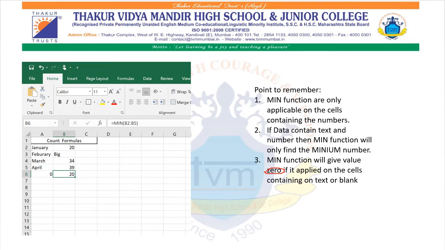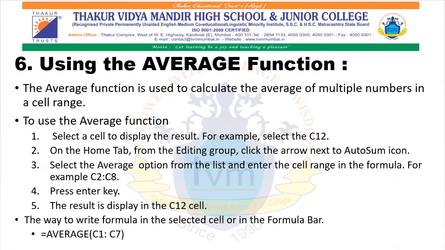We can also manually type the formula in the given cell. As you see on the screen, equals MIN C1 to C7. C1 is the starting point of the selection and C7 is the end point of the selection. The answer will be displayed from the values in this selection. The same formula is applicable, the only difference is that we are going to find the minimum value from the given selected cells.